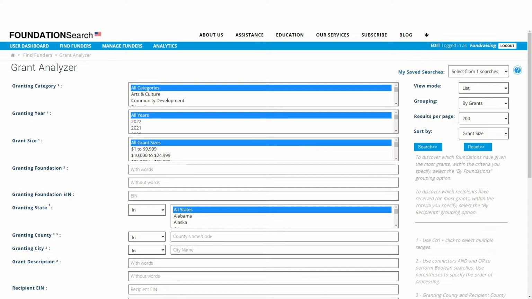Funder location, your location, and servicing areas are important factors in funding decisions. With Grant Analyzer and Grant Visualizer, you can determine which foundations have historically funded causes like yours. At a glance, you can see where grants are most repeatedly given and which categories of grants are most common